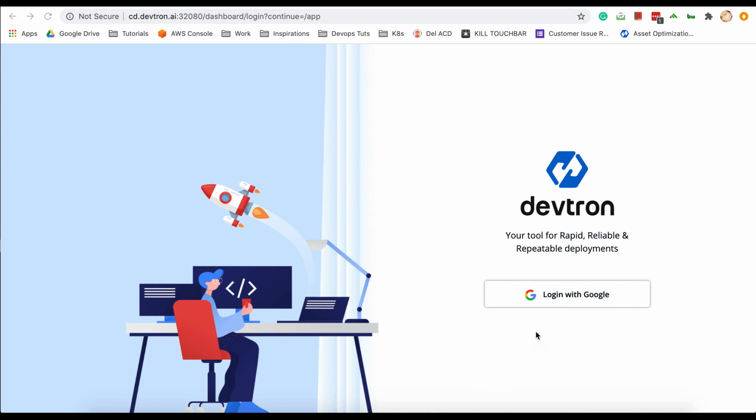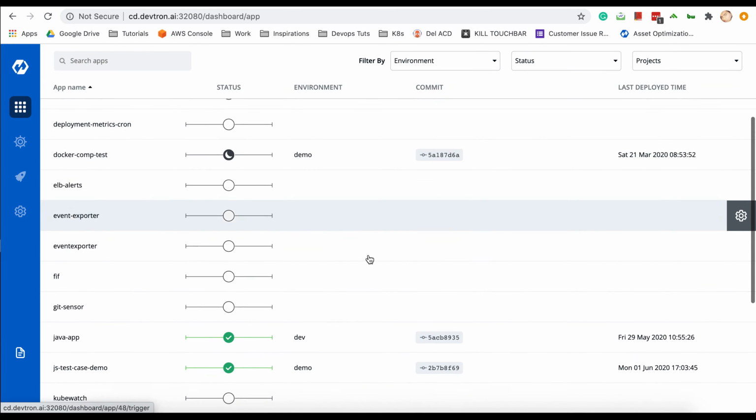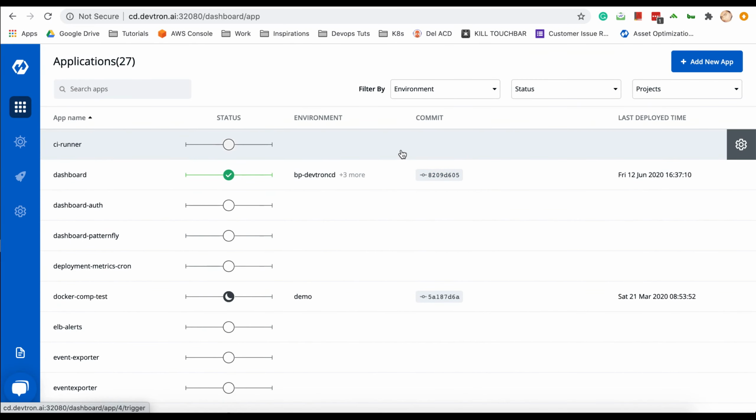So let's get started by logging in. I'll use Google Login to log into Devtron. Okay, now I am at the dashboard of the Devtron tool. Here you can see all the deployments. To create a new application or a new deployment, I'll click on the Add New Application button on the upper right